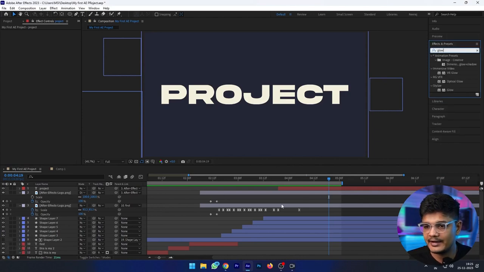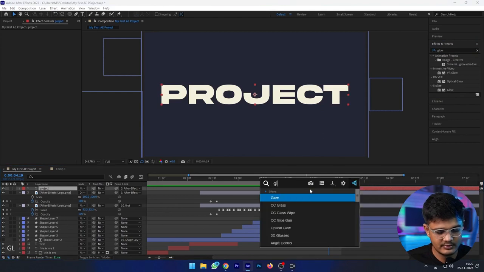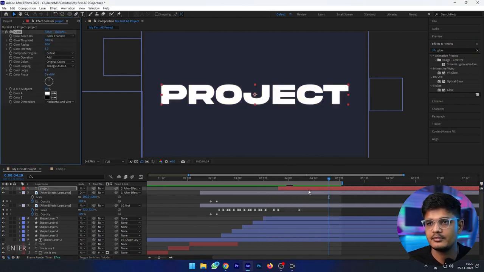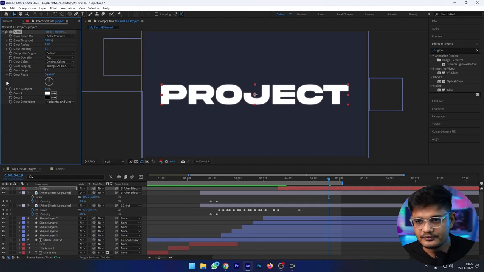I can directly select this, type glow, and enter. You can download this plugin, I think it's free. After adding this glow, this project is looking like this.